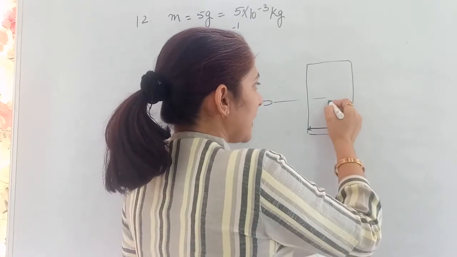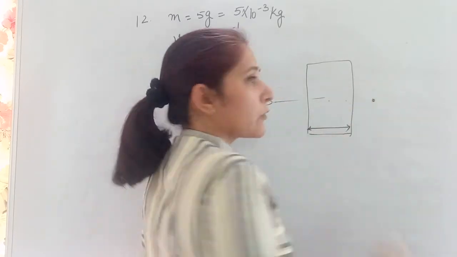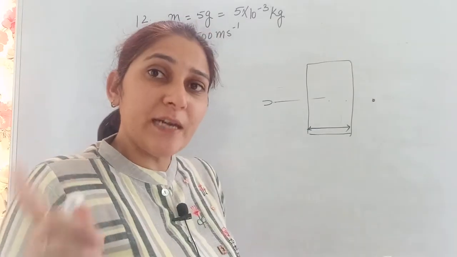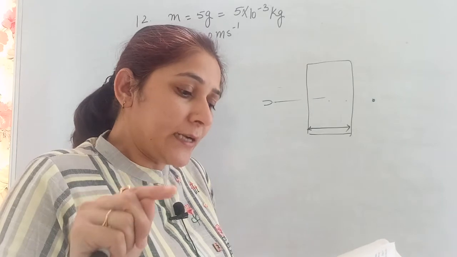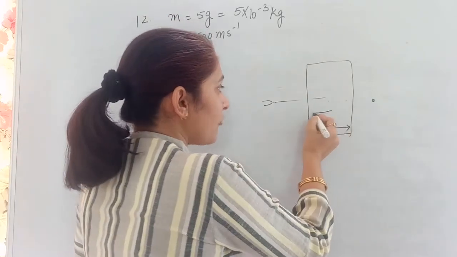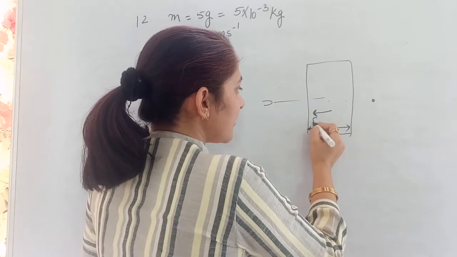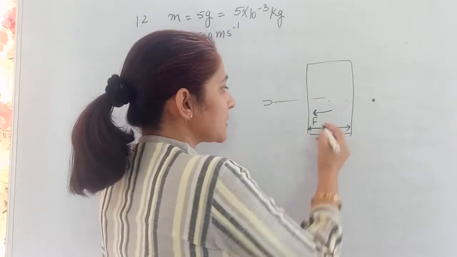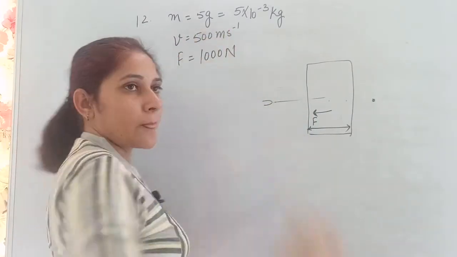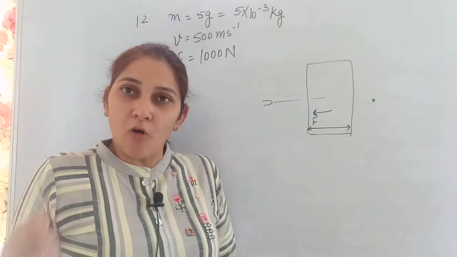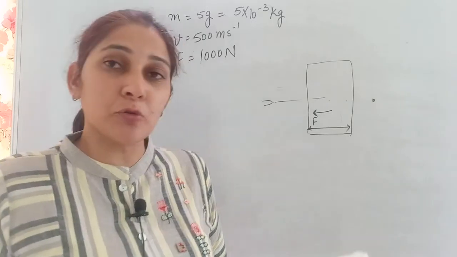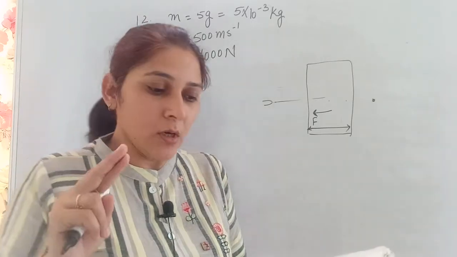So we are not aware whether it will stop here or go outside and stop somewhere else. We are not aware about that. But what they are saying is, if it penetrates the target, the target offers a constant resistive force. This target is offering a force. That means this is a resistive force, exerted in the opposite direction to stop it, and the value of the force is 1000 Newton. The force which is offered by the target to the bullet to bring it to rest, that is the resistive force, so that the velocity of the bullet finally becomes 0.